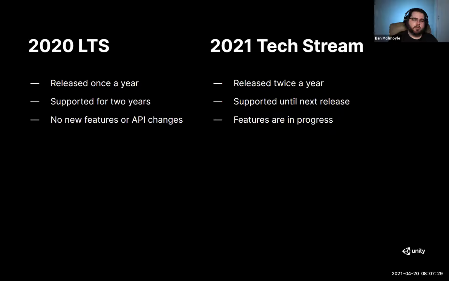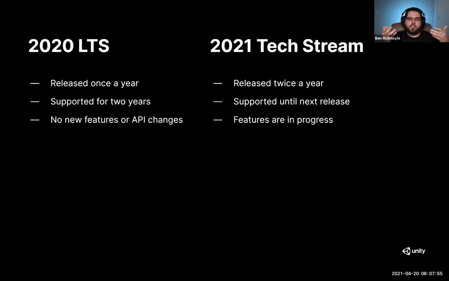So like I've already mentioned, we'll be adding no new features or API changes to the LTS version, but you do get that 2 years of bug fixing and maintenance support. Whereas the tech stream gets those updates frequently for new features and things like that. Eventually, we bundle all those small updates into the next version, which would be 2021.2. And then again, we bundle all those up into what would be the next year's LTS version.